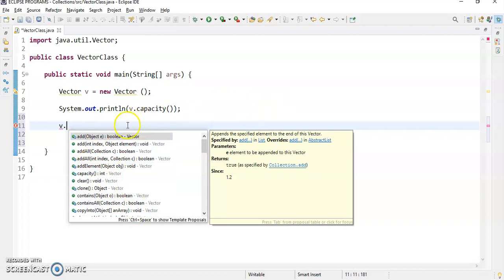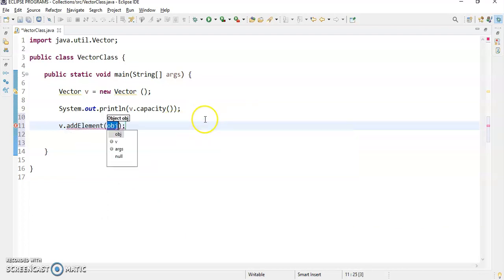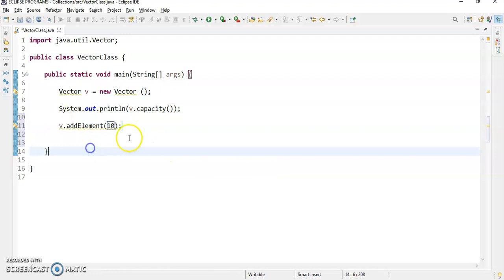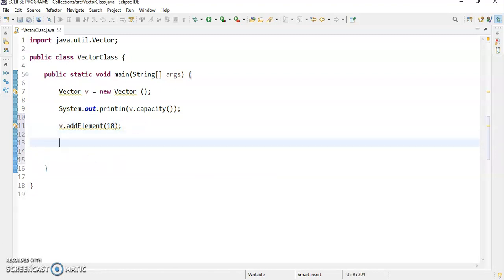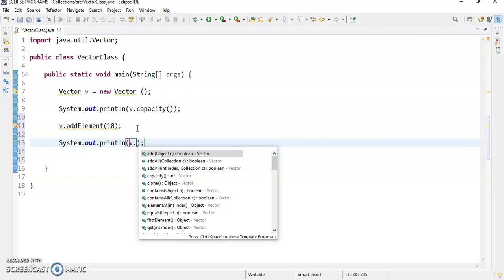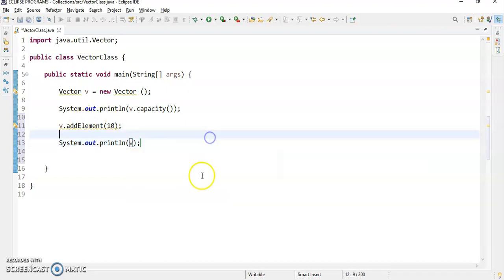First of all, we don't have any elements in our vector, so we will try to add an element. Suppose I add 10, and then I'll print System.out, v dot, only I'll print v.